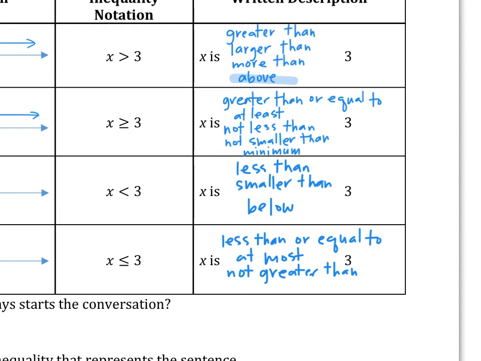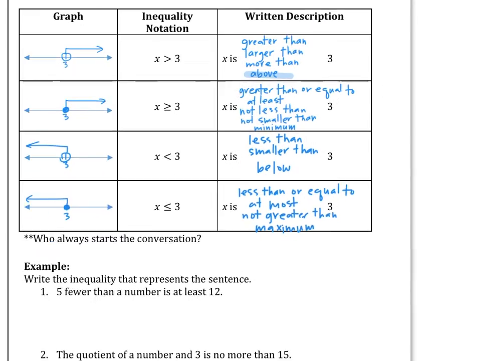And the last one, what is the opposite of saying minimum? Maximum, right? So maximum 3 is another way of saying that x is less than or equal to 3. All right, so let's go ahead and